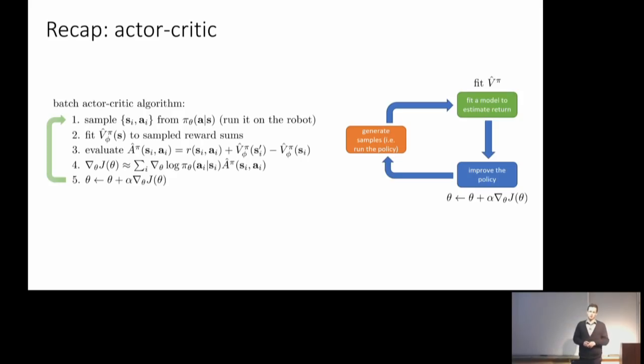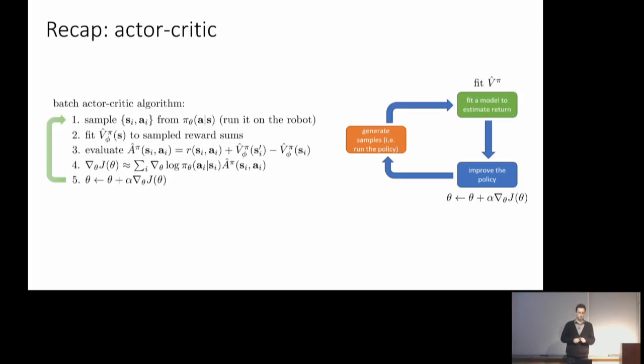All right, so to start, let's recap the actor-critic algorithm that we covered last week. Last week we talked about a batch mode and an online version of the actor-critic algorithm, and here I have the batch mode version, but the online version is pretty similar. The actor-critic algorithm is basically a way to do policy gradients where you can reduce the variance of the policy gradient by using a critic. Just like in policy gradient, you generate some samples by running your policy.